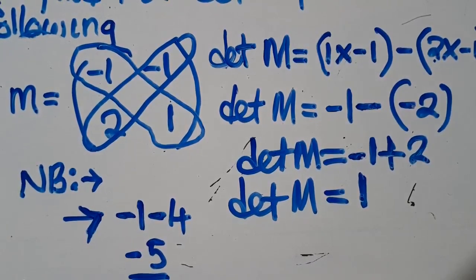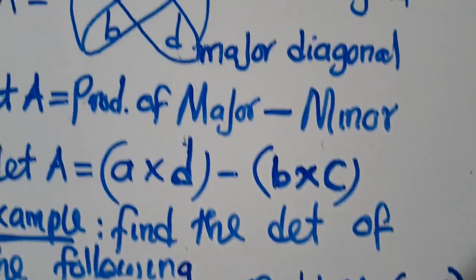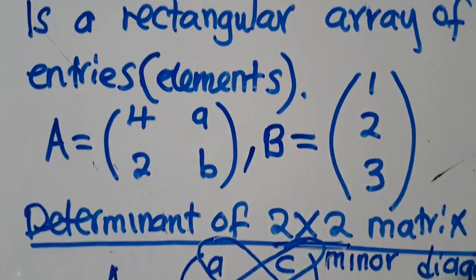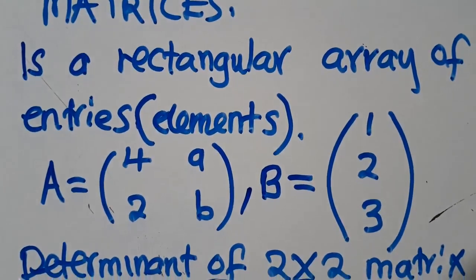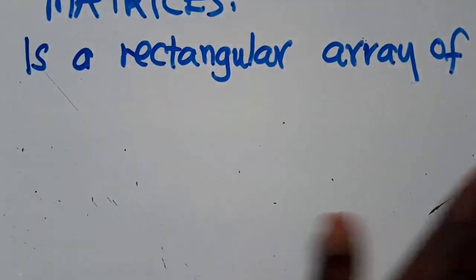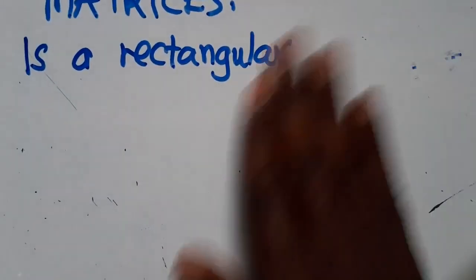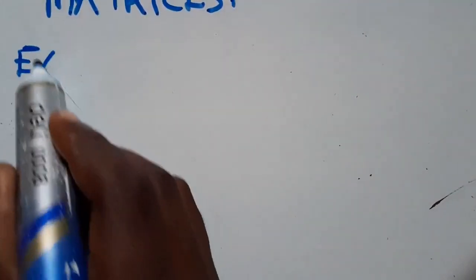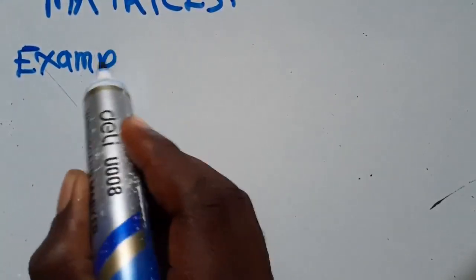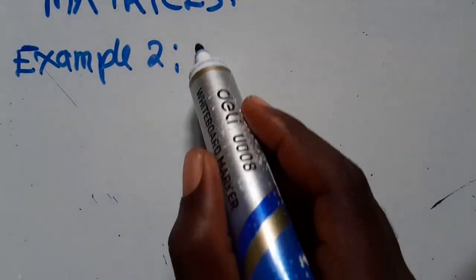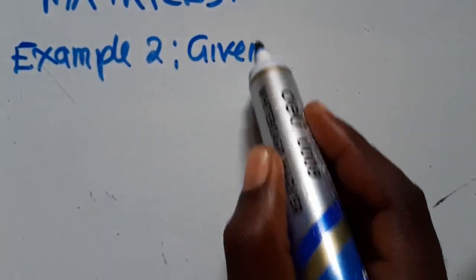Let us look at example 2. Let us now look at example 2. So we look at example 2. I'm going to wrap this whole part. Then I say example 2. We go to example 2. So example 2 is saying, given that